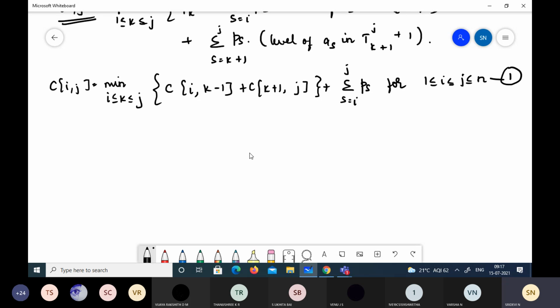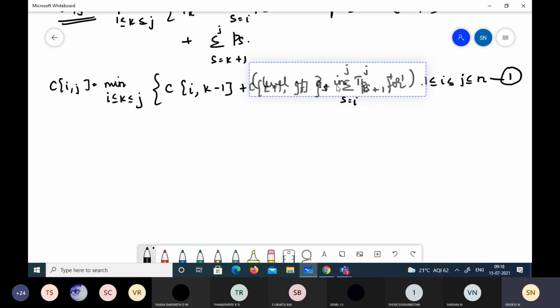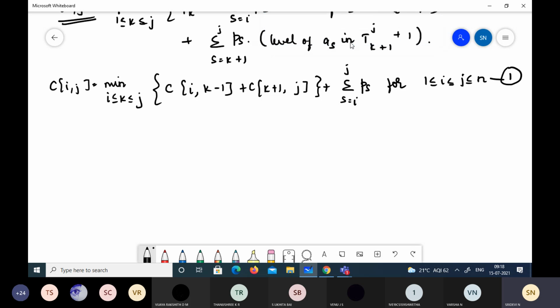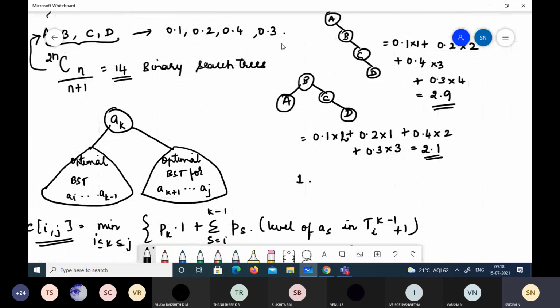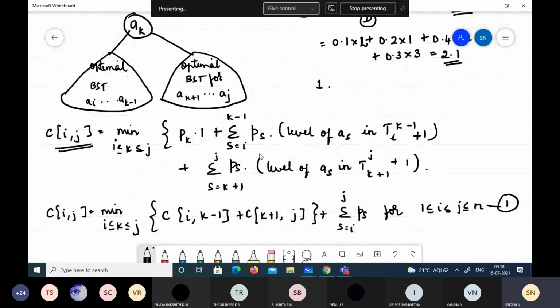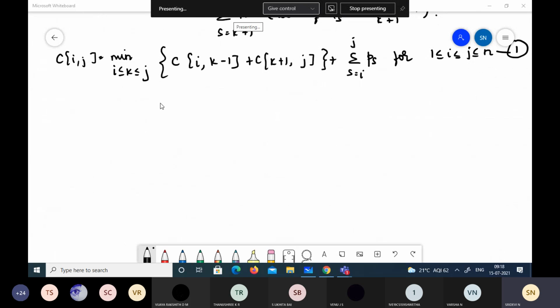So let's take up a problem, then it will be more clear how we are proceeding and how the binary tree can be constructed. We'll take up the same keys A, B, C, D with probabilities 0.1, 0.2, 0.4, 0.3. Here we have generated just 2 trees, isn't it? We can have 14 possible binary search trees for this combination of keys and probabilities. So let's see what the optimal binary search tree is for these keys and probabilities, and how to fill the table and construct the tree. That is the topic of today's discussion.